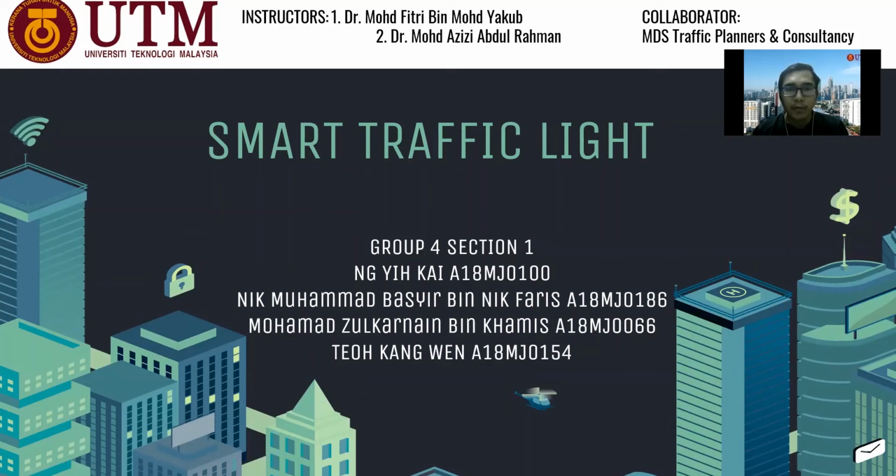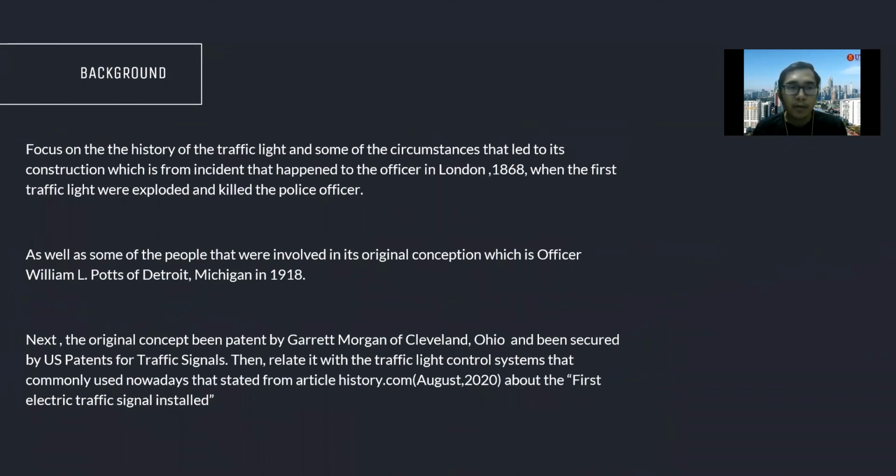We are from Group 4 Section 1 and are going to present our IDP project titled Smart Traffic Light. Our group consists of 4 team members from MJIIT IDP: Muhammad Basir bin Faris, me, Muhammad Zulkarnain bin Kamis, and Teo Kang Wen. For the background of the study, basically we focus on the history of the traffic light